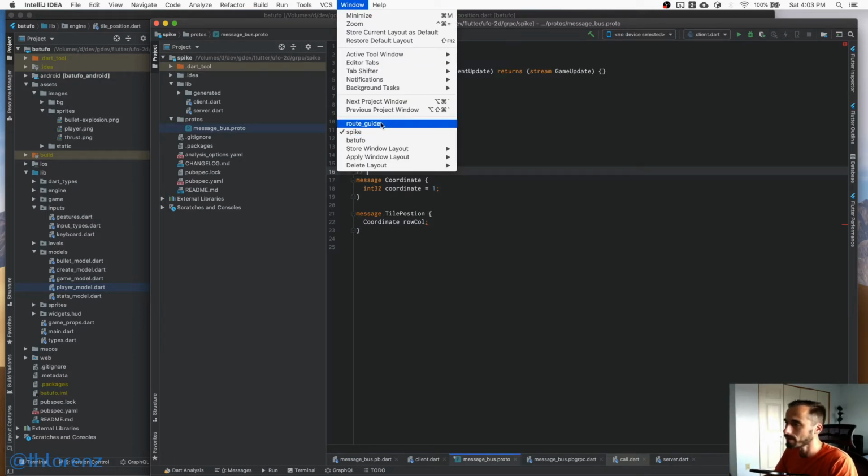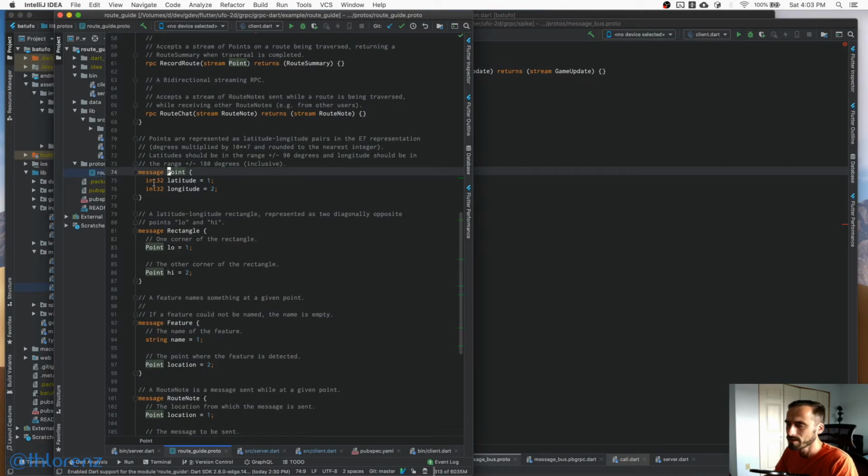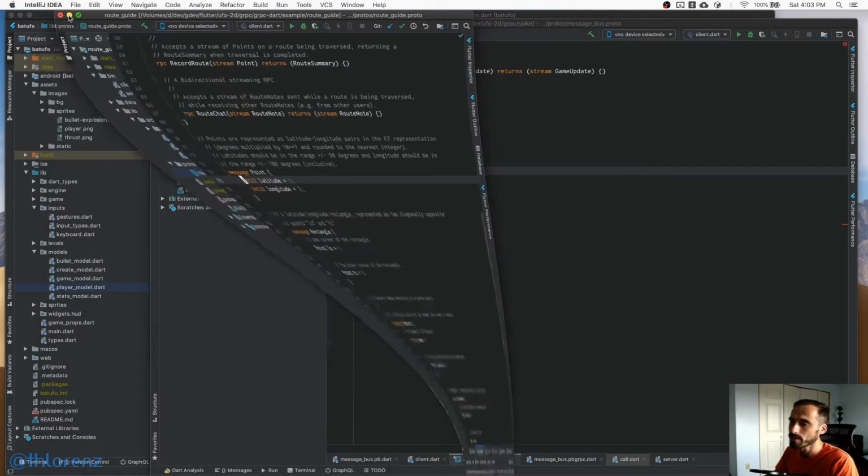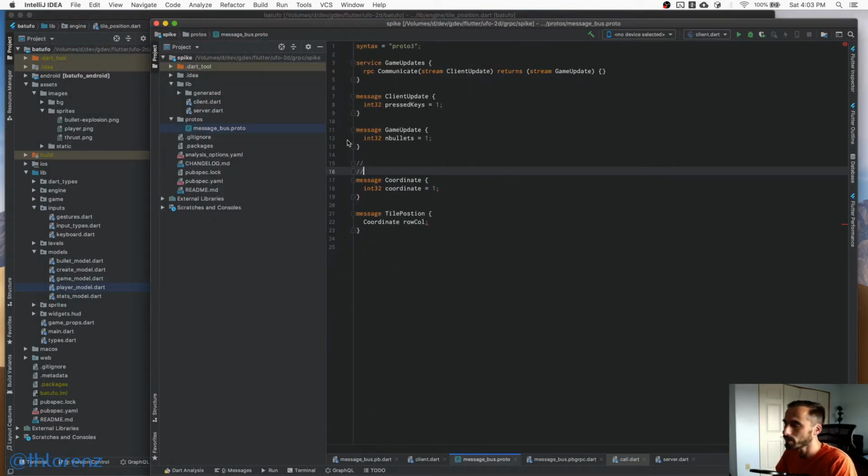So basically, just as an example, right? What we did here in the route guide, they have a point, and they're using two numbers for that, and that's just too large. Why would you? I mean, you're not going to have that high numbers in each of them. You can actually stuff them into one, and then we can use bit operations to pull them out again, right? So we're going to say a coordinate